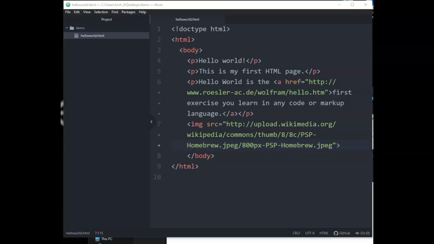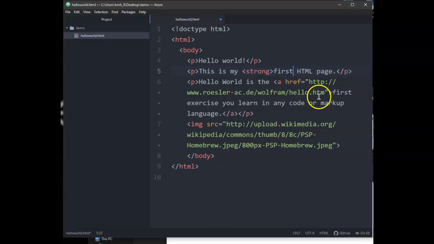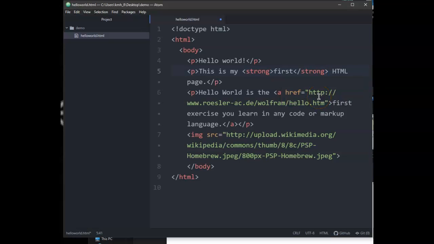All right, and then exercise 5. Okay, so strong. So you can emphasize certain parts of the page. If I want to emphasize that, yes, this is the very first one, I can do a strong and /strong. If you've been doing HTML for a little while, or if you did HTML several years ago, you might think, oh, well, what happened to bold or B? We don't usually use B for this anymore. The reason being,